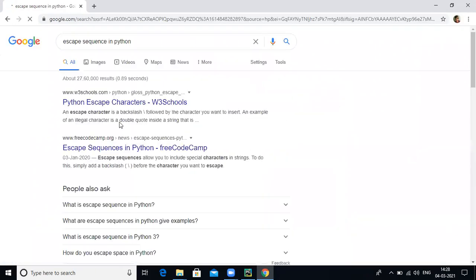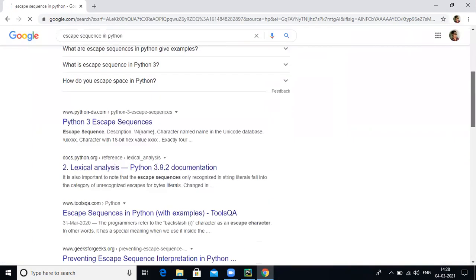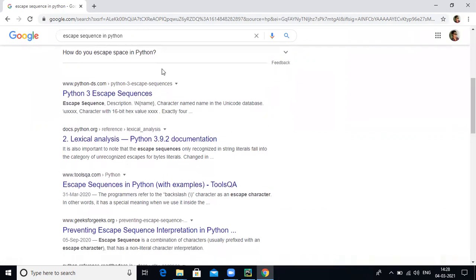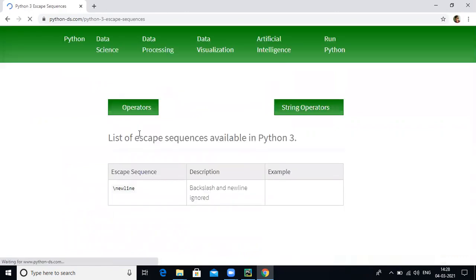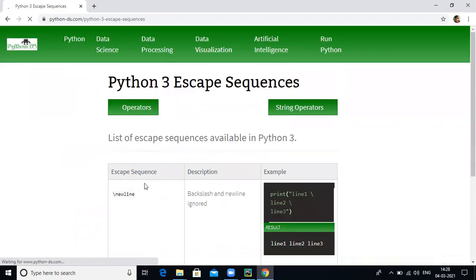Now see, the Python website is this. Python 3 escape sequences. So click on this and see.